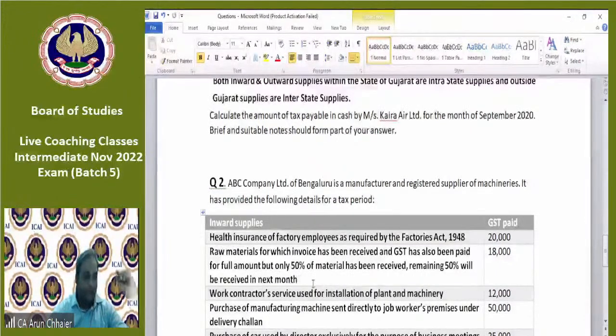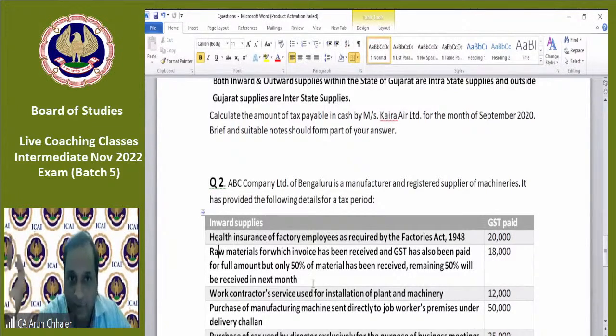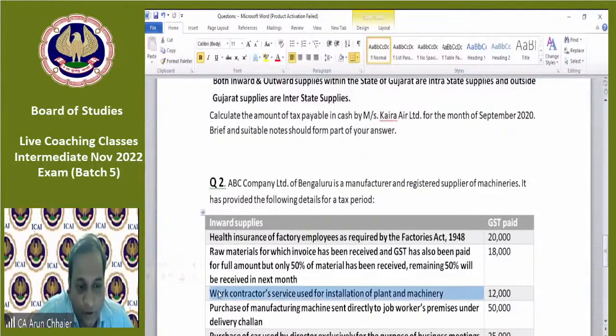Absolutely correct. According to the proviso to section 16 subsection 2, when goods are received in lots, then on the last lot you are entitled to take the full ITC. So in this one, I will not be able to take any ITC. I am not eligible to take any ITC. Next question. Next point. Work contract service used for installation of